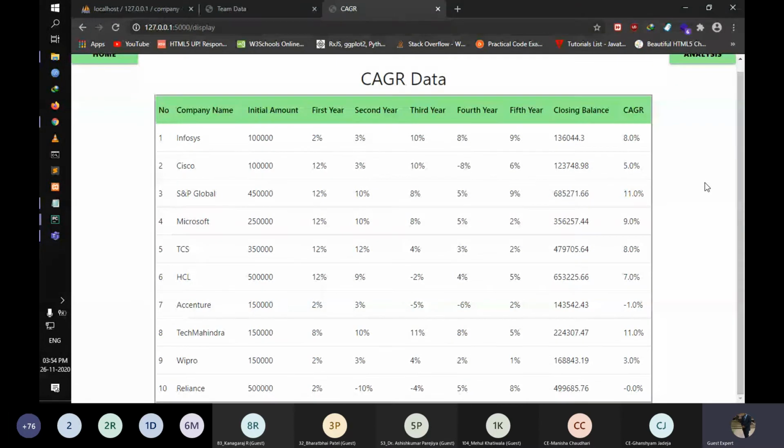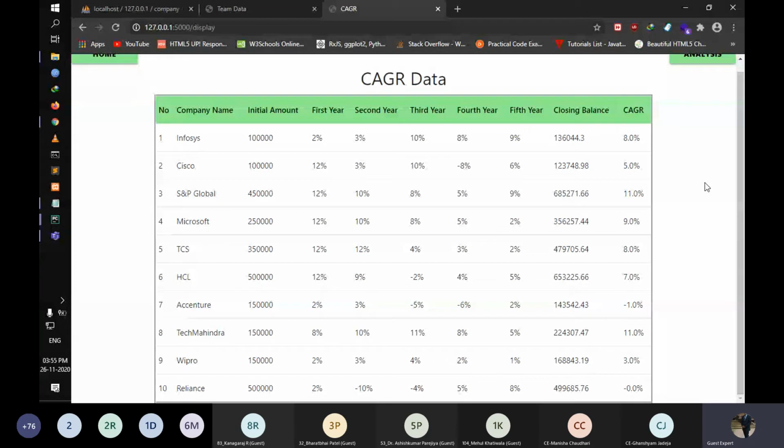There are lots of companies whose initial basic amounts we take, and every year we take the data over 4 years. Am I right? We take 5 years of data, which is four intervals. So every year we see how much growth they achieve, and from that growth we get their closing balance, and then we also get the CAGR.